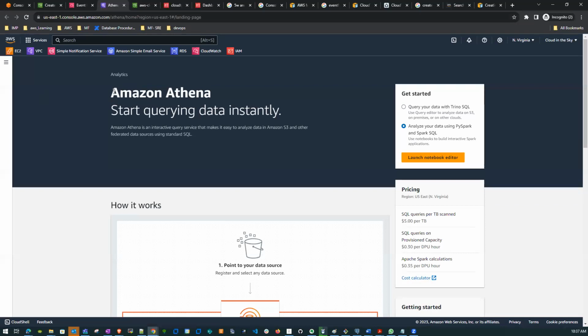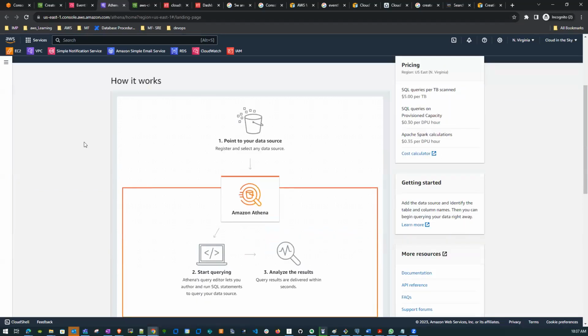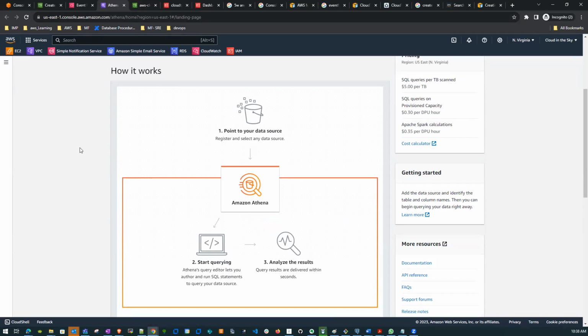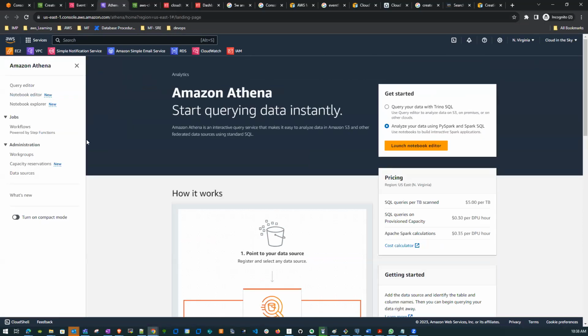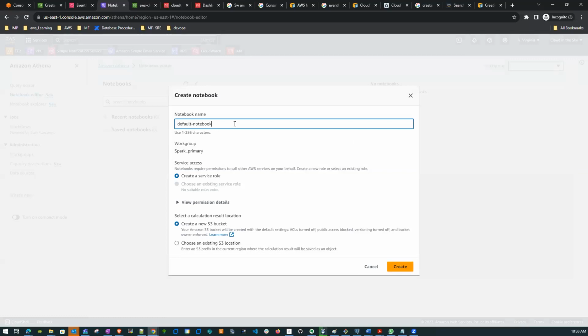Okay, so this is Athena. Athena is something like a data query service, and we can instantly search the data. I mean to say, we can visualize the data, query the data, and analyze it, and all these things we can do from the Athena service. So in Athena, you will have the tables. Once those tables are created,